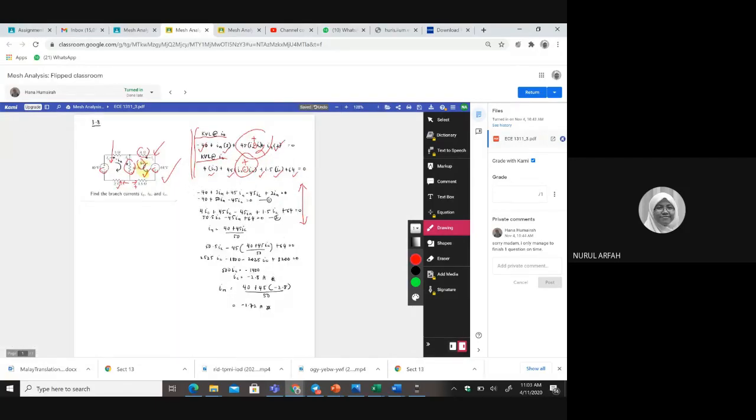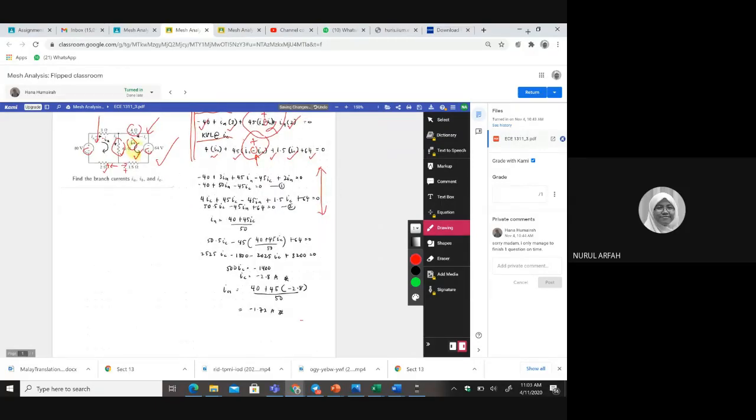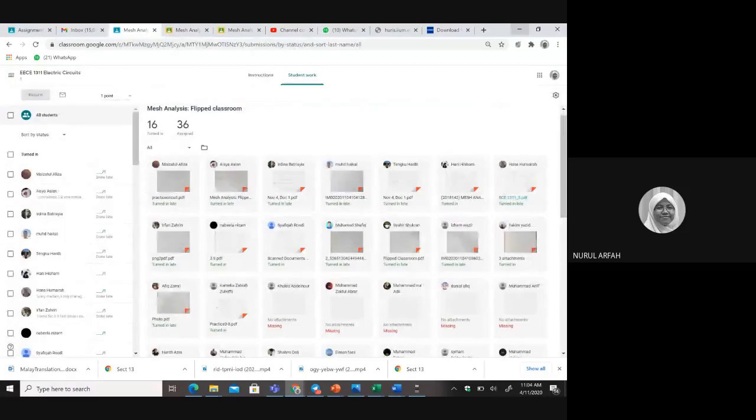That's the difficult part. You need to be careful if you use super mesh, right? Mesh analysis. You need to properly investigate what polarity you're going to put, a plus or a minus sign. So far so good. Okay, don't be sad. We have your friends here with some examples so that you know what you're going to learn, right? Okay, let's look at our next.